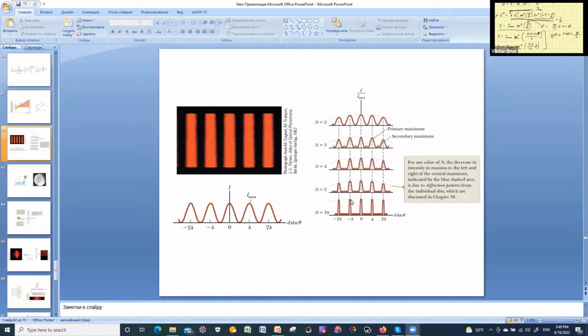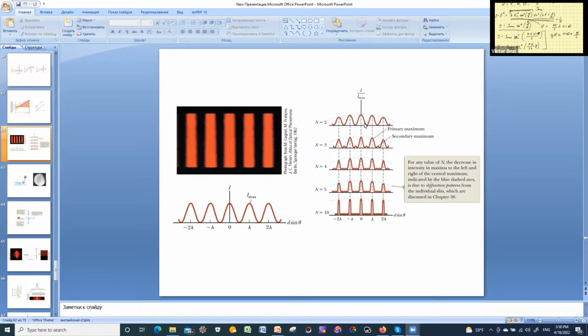On the background of this very small secondary maxima, these will appear as very sharp, narrow interference fringes. The position of this maximum coincides with the position of constructive interference in the case of just two slits, so their angular and linear positions will be the same, but with just a very slight deviation from this position, you see already how abruptly the light intensity changes,